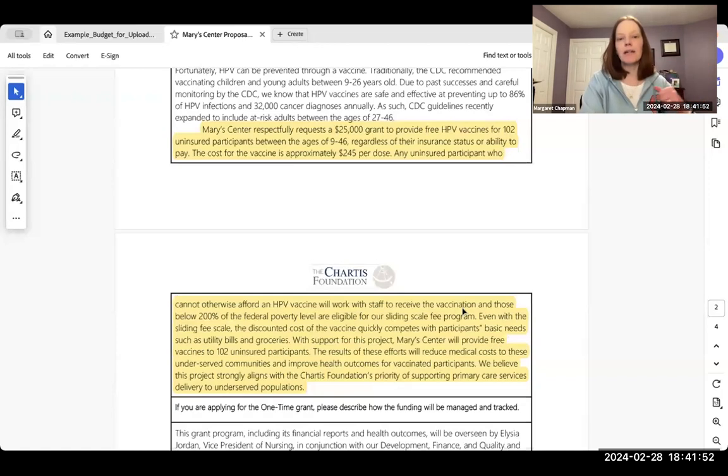And this is one way that I've often suggested for people to get budget numbers into the description, even if it's not required as a formal budget. So when you're writing up what you want to do, I want to provide vaccines, or I want to have a food pantry. And to run that food pantry, I would need to hire one person to manage it at about $60,000 a year. Also, we'll have to pay for some food. On average, the cost would be $100 per family per month for 300 families a month. Just some of those numbers that would be helpful in a budget. If you can slide them into your project description,